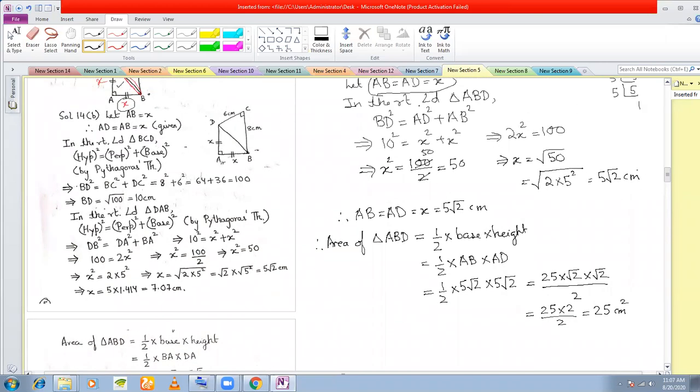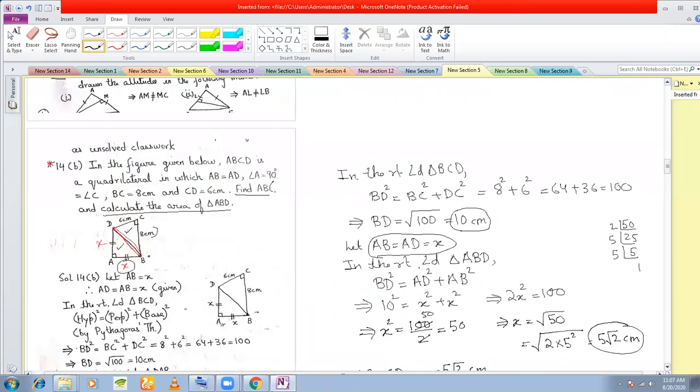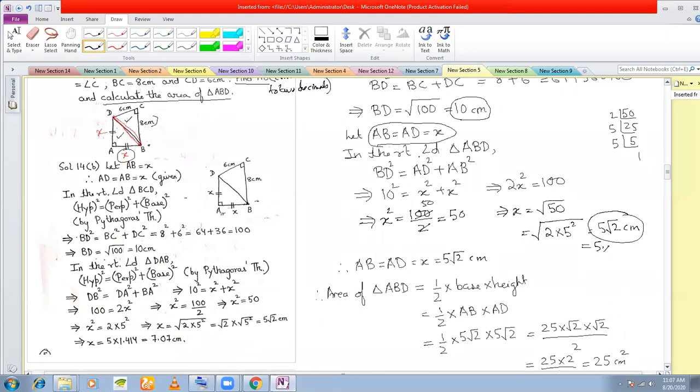Now see here again, I have got the length of AD. Suppose in the question it is not given, find AD correct to 2 decimal places or 3 decimal places. But if it was given, find AB correct to 2 decimal places, then you would have put the value of root 2 as 1.414 here and found out the value. Okay, which I have done here. See, I've taken out the value in decimal terms. But you can leave your answer here if it is not given that you have to find it correct to a certain number of decimal places. Okay, so either 2 decimal places or 3 decimal places. Any questions?